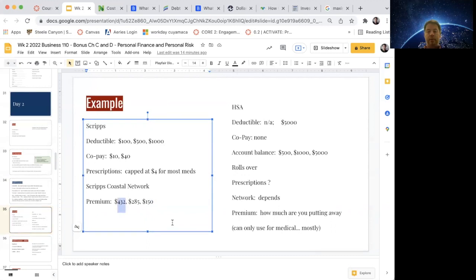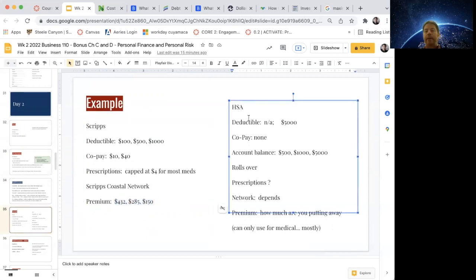However, there's something to be said, especially if you have a family, to pay that higher amount and make sure everybody's taken care of. Now, generally, you can think about this as for an individual. If you add other people onto your insurance, you can very easily see double or triple those amounts by adding people to your insurance.